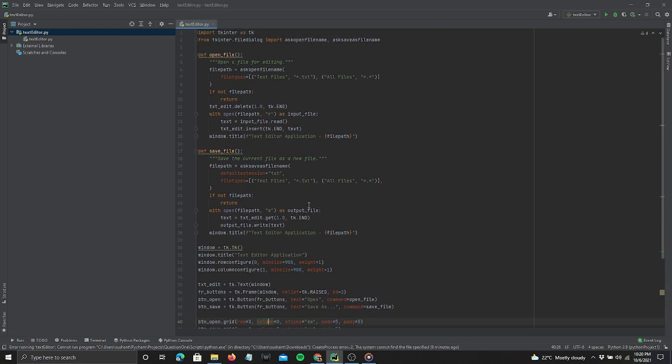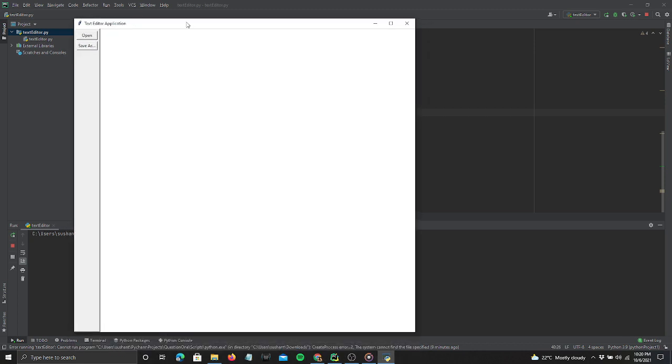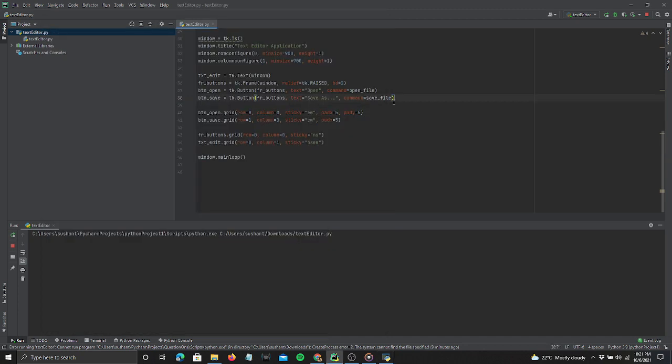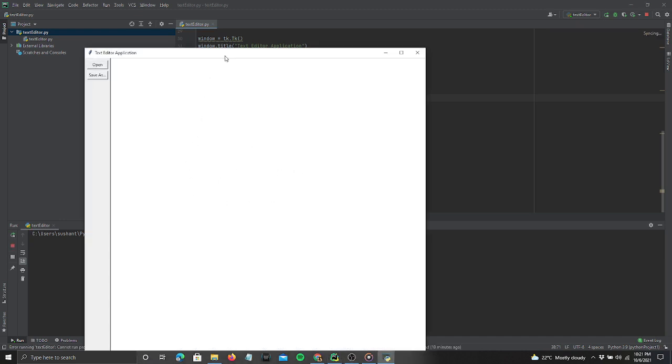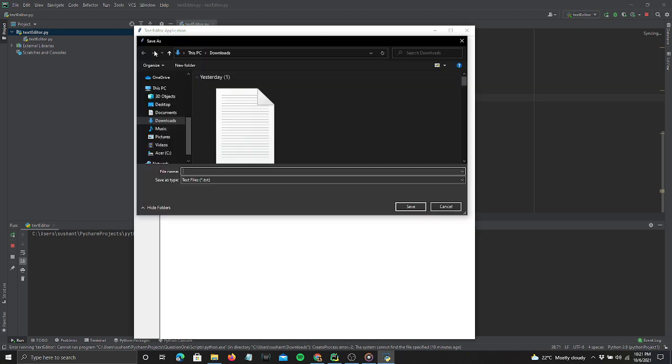Let's see how our text editor works and save a file in our text editor. Alright, so this is it. This is how it works. Everything is explained, and this is the layout of the app